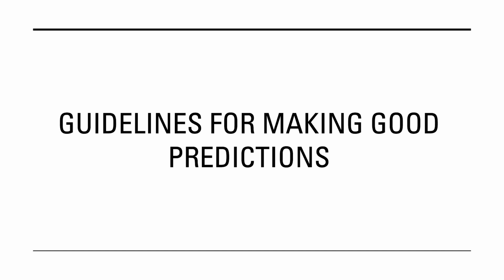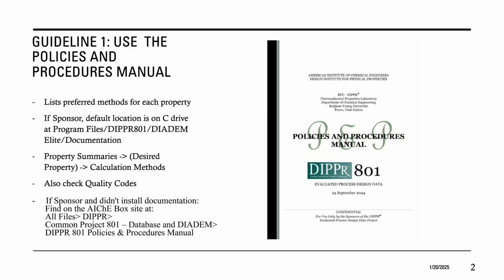Guideline number 1, use the Policies and Procedures Manual. The first thing you should do whenever you are trying to predict a thermal physical property using the predictions window is to check the Policies and Procedures Manual. The Policies and Procedures Manual contains DIPR's guidelines on which methods are preferred for each property and is the best